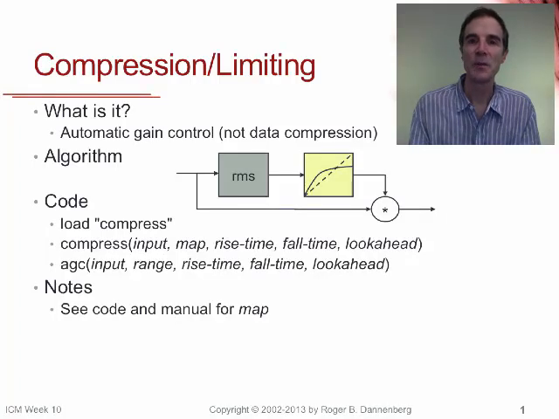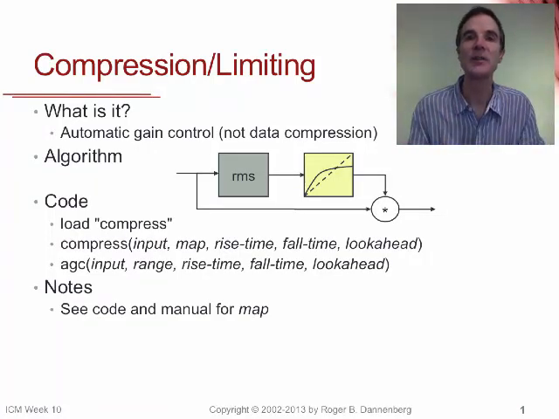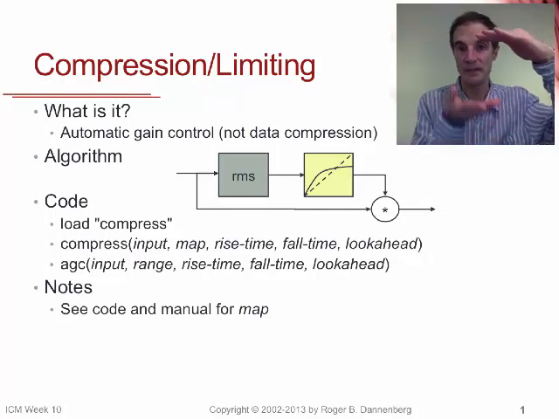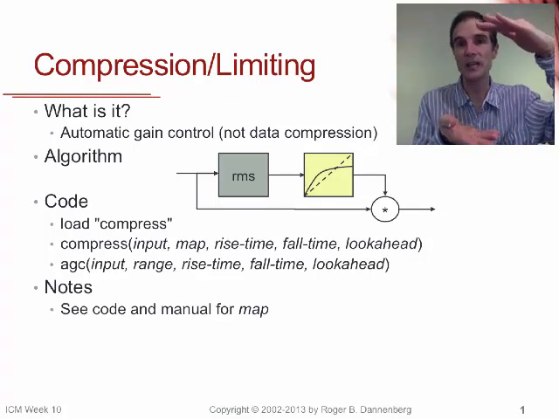The next process I want to talk about is compression and limiting. Here we're not talking about data compression as in making a file compact or taking less storage. We're talking about compressing the dynamic range of a signal. So whenever you have a signal that can go very soft to very loud, and you would like to